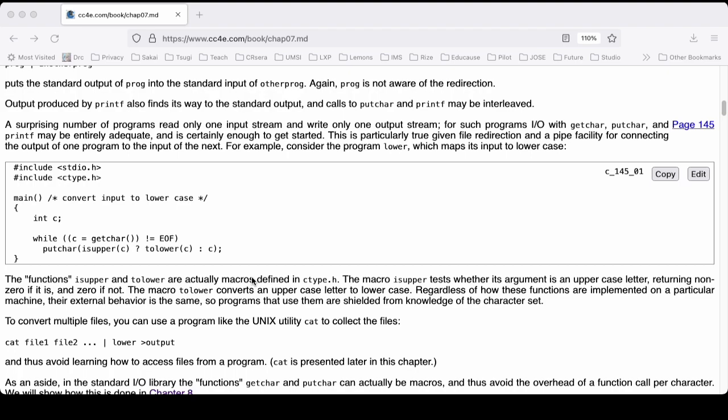www.cc4e.com/code. #include <stdio.h>. #include <ctype.h>. main() { int c; while ((c = getchar()) != EOF) putchar(isupper(c) ? tolower(c) : c); }